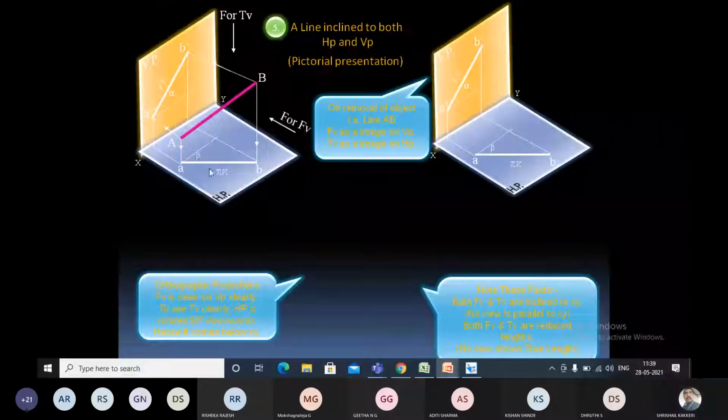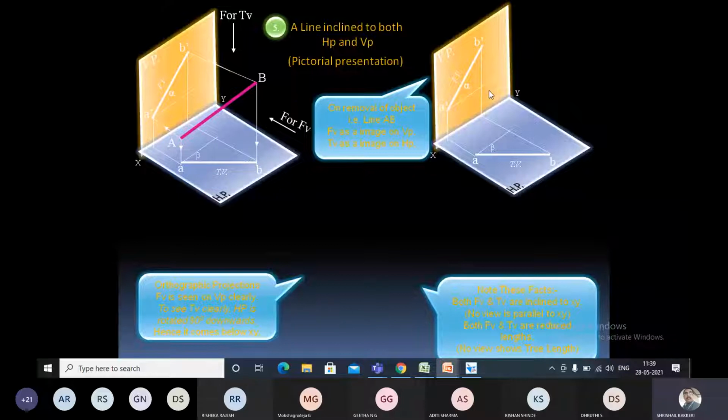Now, previously I told you how the true length of this object can be obtained in the top view, and how the true length of the object can be obtained in the front view. Okay, how can it be obtained? This is my question. Then next, how now this same thing I have projected onto this.